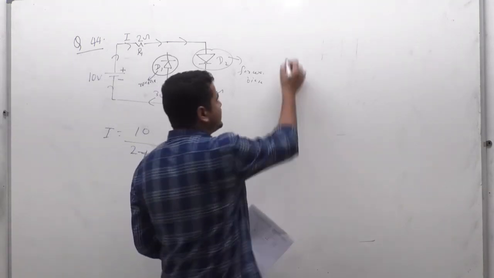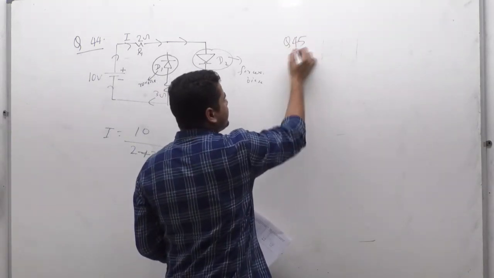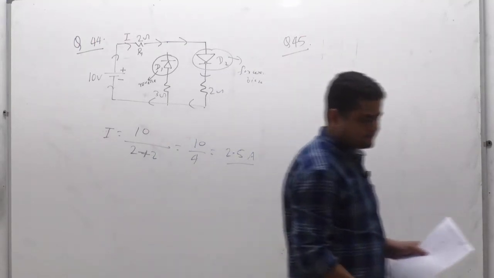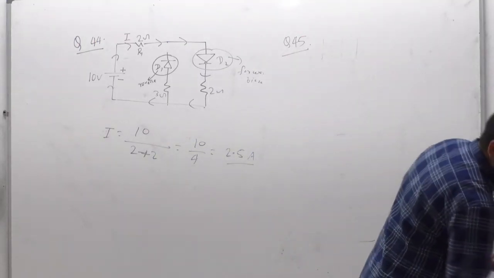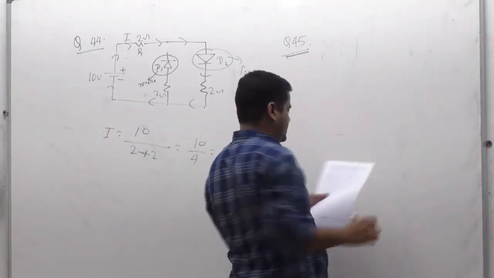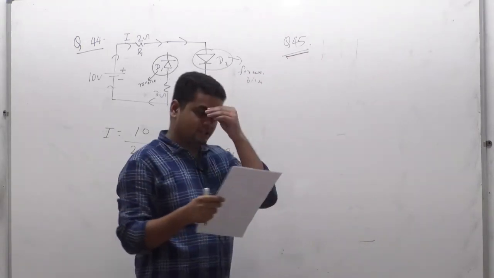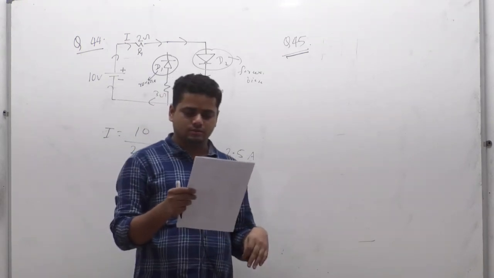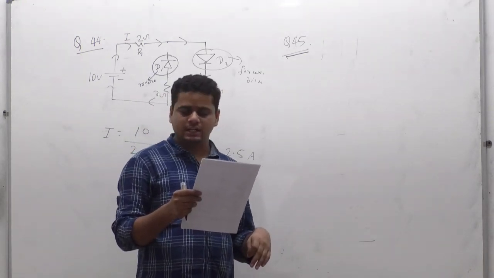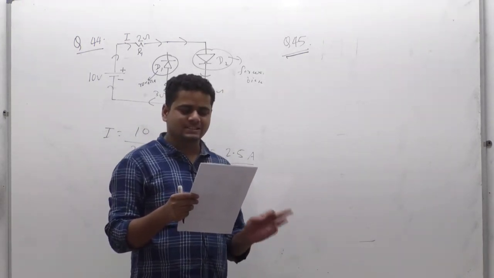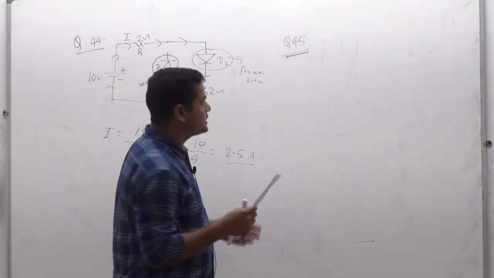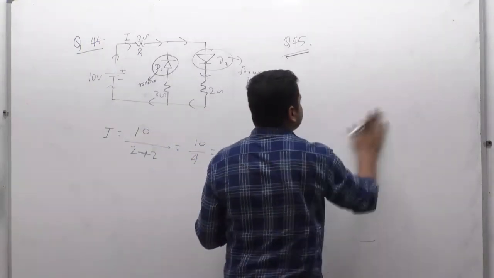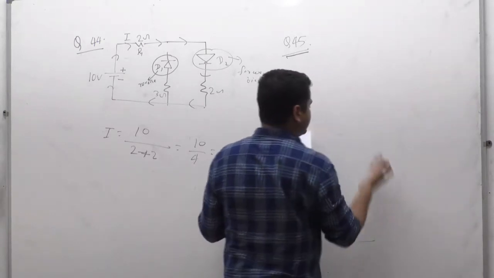Next and last question is 45. What have they given? The velocity of the liquid coming out of the small hole, in a container with two different liquids of density 2 rho and rho, and height h, as shown in the figure. Okay, so what we can do? We can plot the diagram.